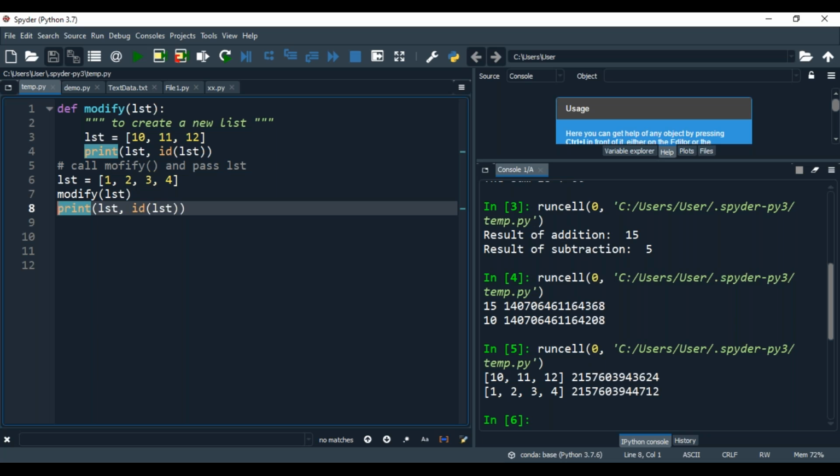The difference is nearly 1000, right? So this is what we are using, list operations in functions. Please note down.